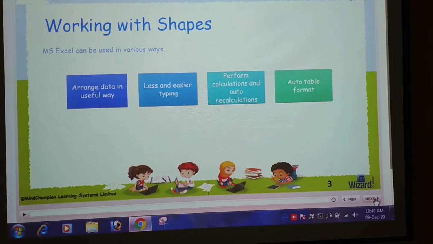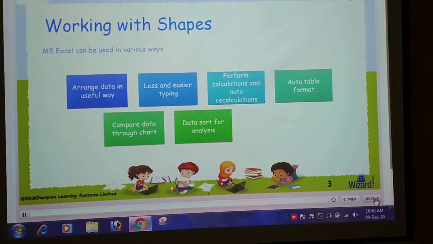Auto table format. Compare data through chart. Data sort for analysis. And compare two different sheets. Microsoft Excel can be used in various ways.